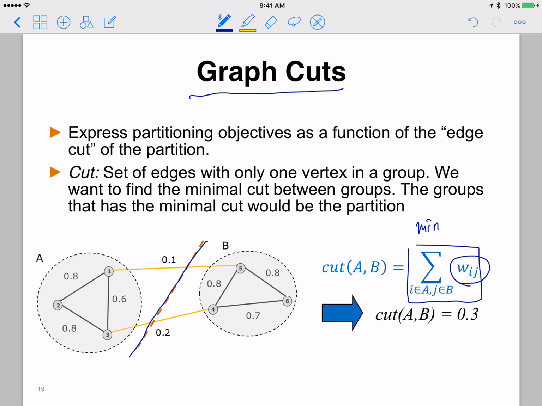In this case, 2.4, 0.7 over 2.4 and 0.7 over 0.5. So it will properly incorporate the edges, the average strength inside of the group and the average strength going outside of the group. Right? So, in other words, we can think of the total edge weight or edge strength inside of